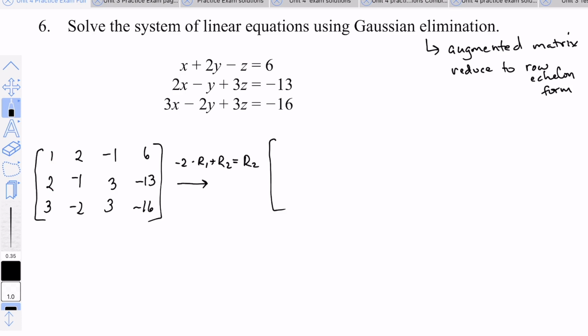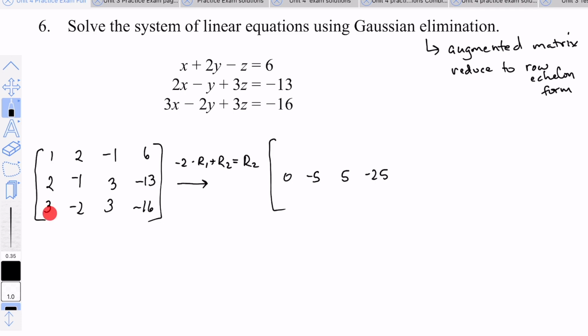When I add that to 2, that becomes 0. Here, row 1 times -2 makes -4. -4 plus -1 is -5. Here, -2 times -1 makes +2. Add that to 3, and I get +5. And here, 6 times -2 is -12. Add -12 to -13 to get